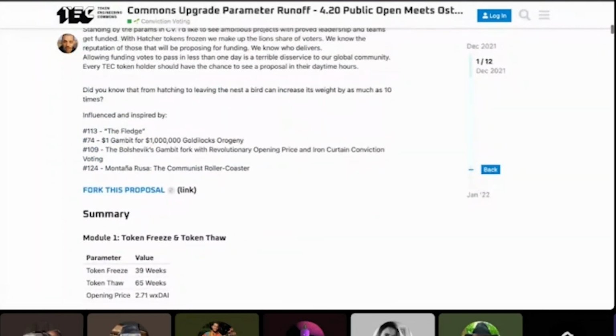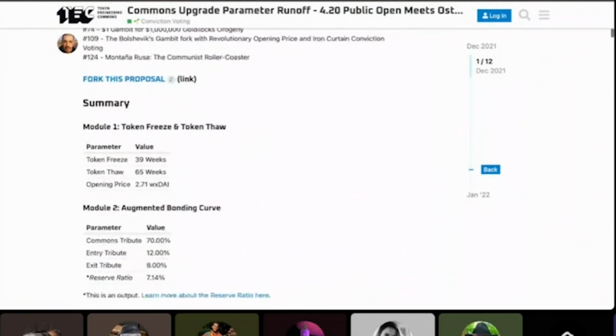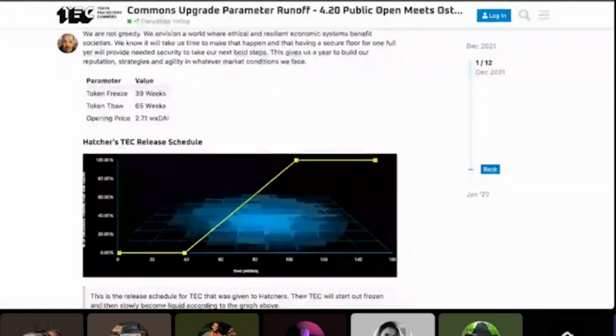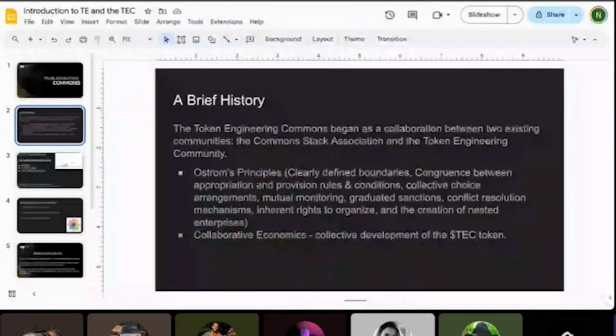We were able to actually let them propose it, put it in the form, and then if you liked it or you wanted to change something in it, you could actually fork the proposal. You could take the proposal, make a slight change, validate it, and give your reasoning of why you think this is a good strategy. The reason I bring this up is because in the Token Engineering Commons, what ended up happening